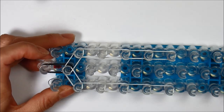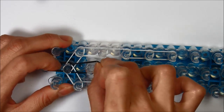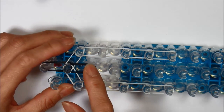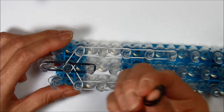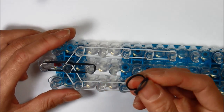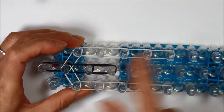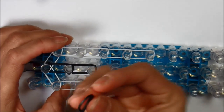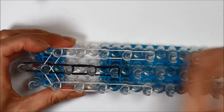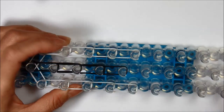And let's come down the center. We're starting with a black from the center, second to the third, and I am going to take 3 single rubber bands to make it a little thicker, put it from the third to the fourth, and just doing 2 single rubber bands from the fourth to the fifth, another 2, fifth to the sixth,